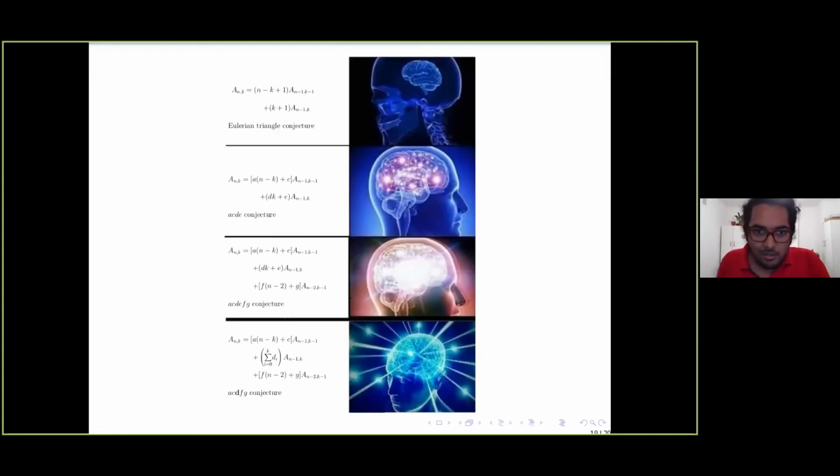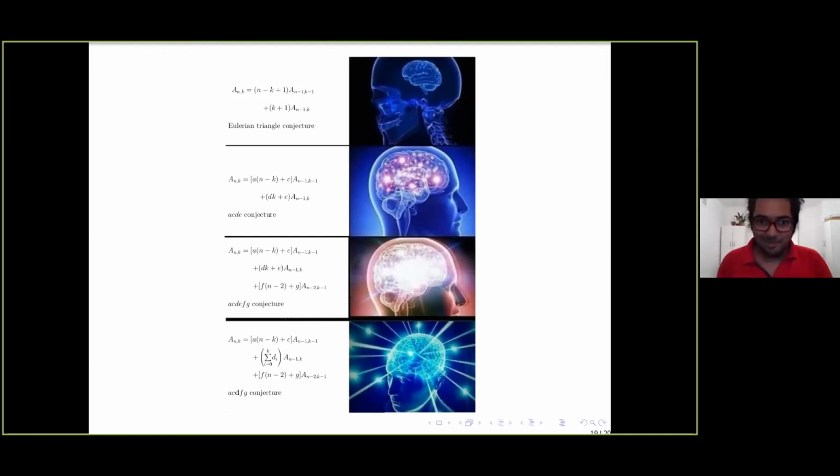And finally, I would like to say that we have even further generalizations. We begin with the Eulerian triangle conjecture, which is a matrix of numbers. Then we have a 4 variable candidate, which seems to be totally positive so far. We in fact have a 6 variable candidate, and we have strong reasons to believe that even this is TP. And we have an infinite variable candidate where we take this 6 variable one and, in the term dk plus e, which is affine in d, we just replace it with a summation of d_i. So these are our candidates,